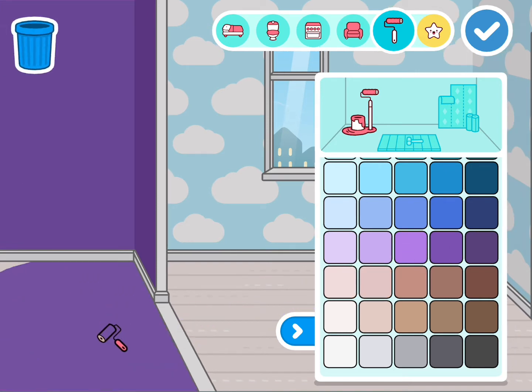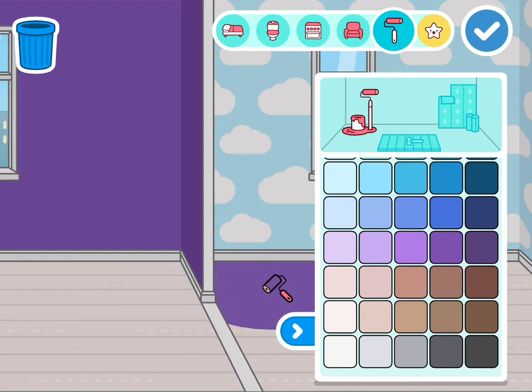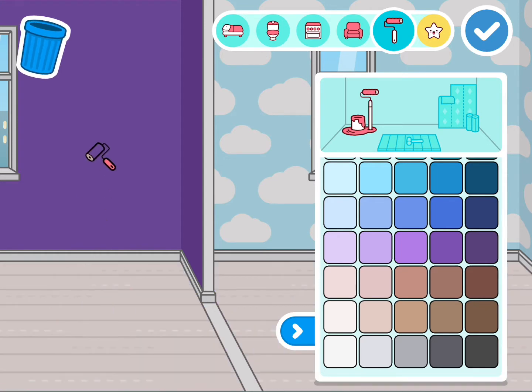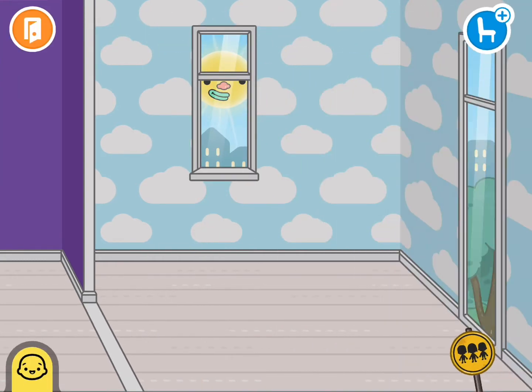And then let's grab my favorite color, purple, and add that into the wall over here. Now the way that I'm using this, once I find the color that I want, is I click on it, I touch it, and I bring it over, and if it's not where I want it, I just move it over to the next place, and when it is where I want it, I let it go. So now let's see, that looks pretty good.